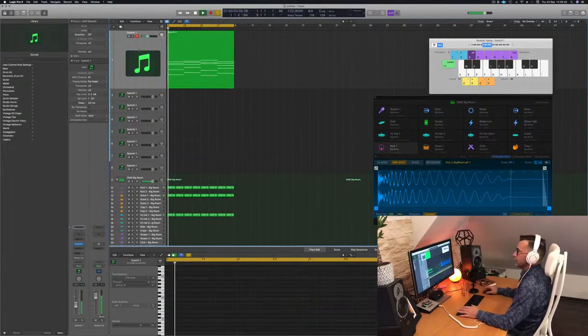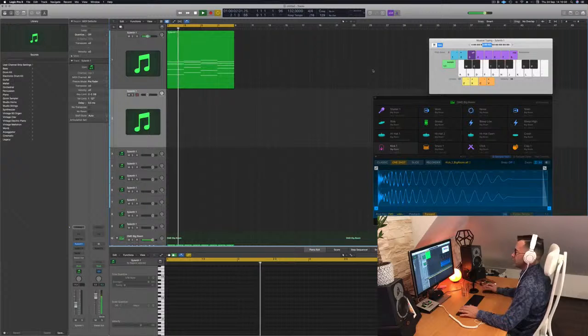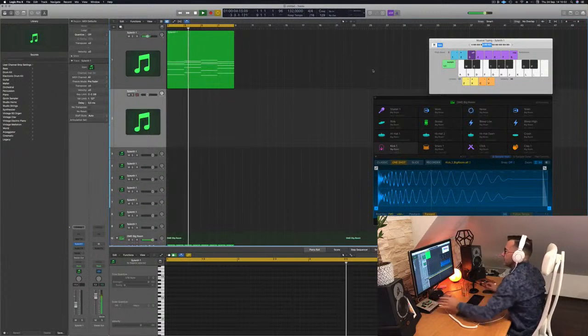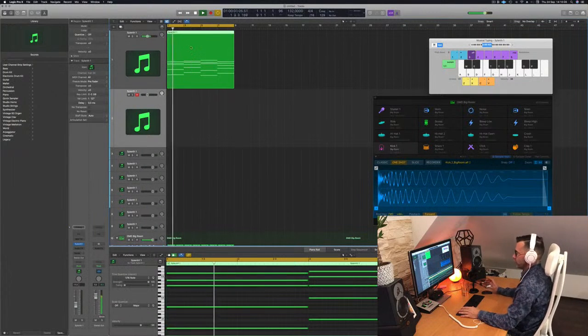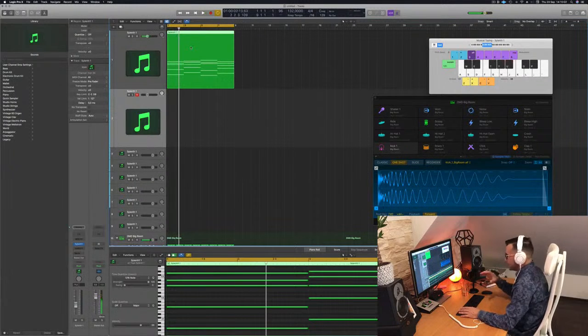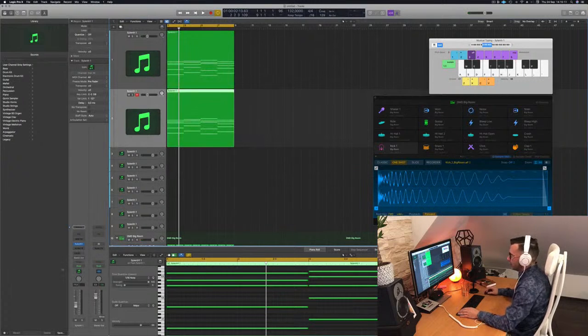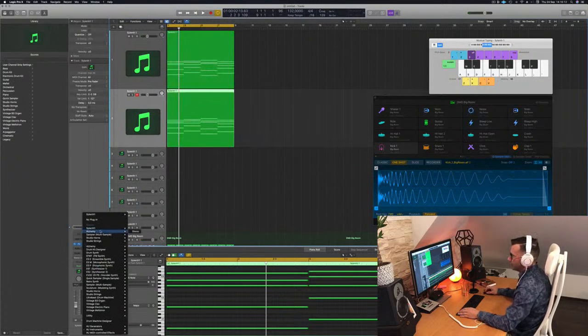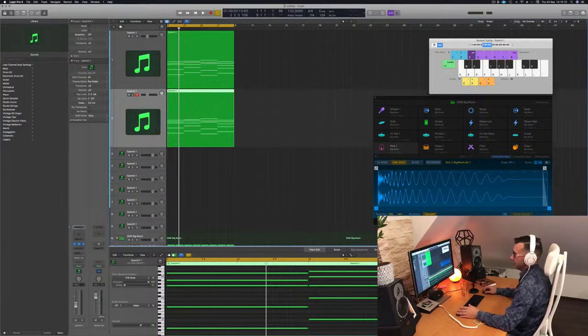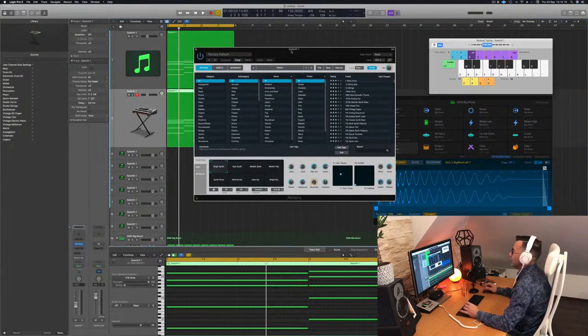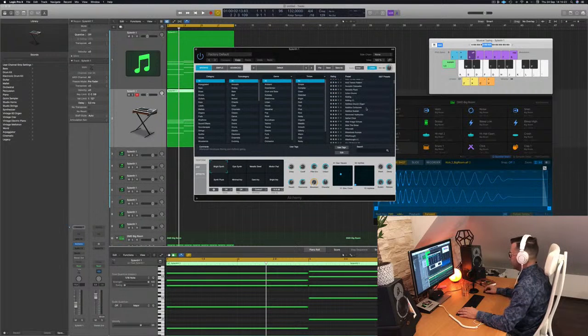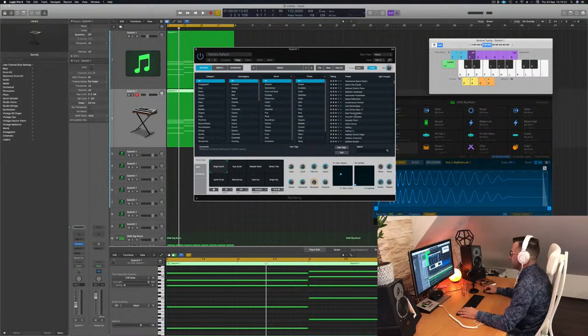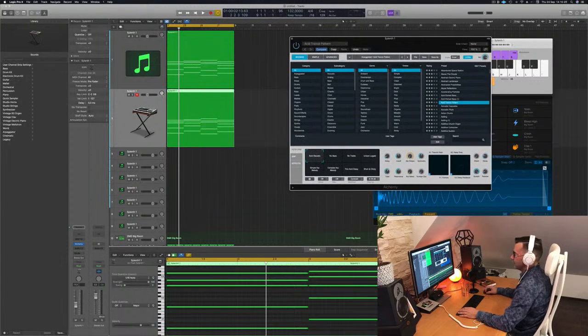Alright, so like I said, I was listening to that, I'm like, oh, this is nice. What I like the most about this is the chord. It had depth, it just has everything. So I'm thinking, I'm gonna switch from Sylenth, I'm gonna bring back Alchemy, for now. And why am I doing that? Because I know that there is some acid bassline and acid pattern in there that I would like to